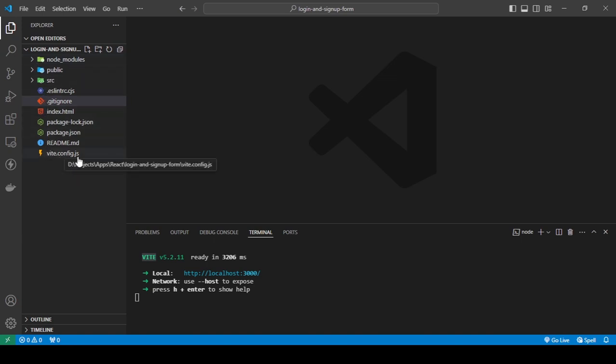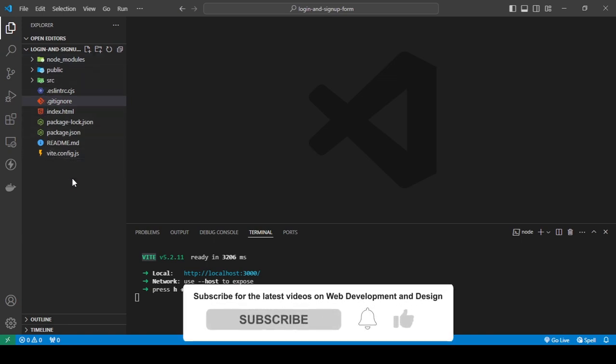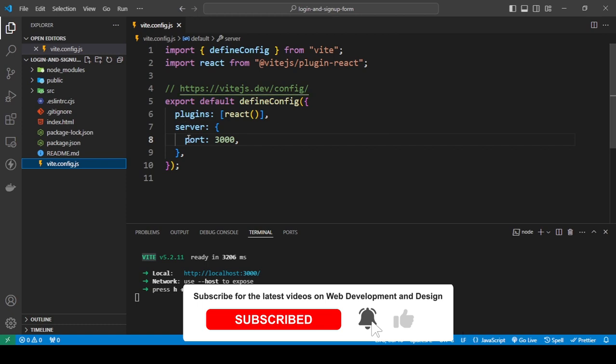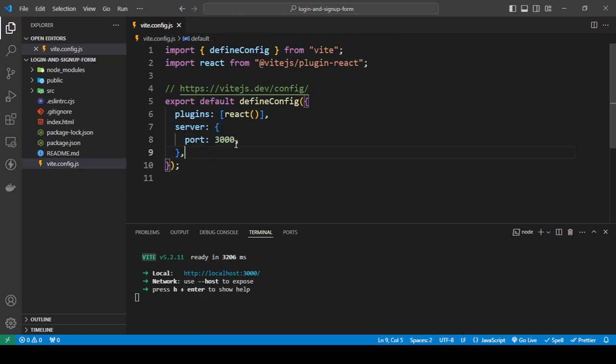This is just a configuration file for your Vite. You don't mess around with this most of the time. If you want, you can just run this little code snippet right here, and this will just change the port number, because by default it runs on 5173 or something like that. So other than this,